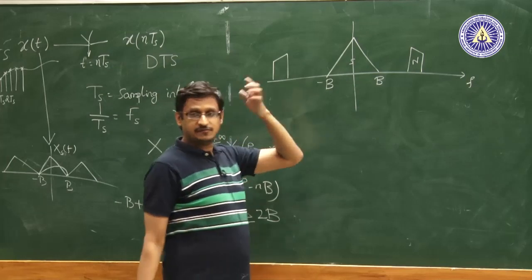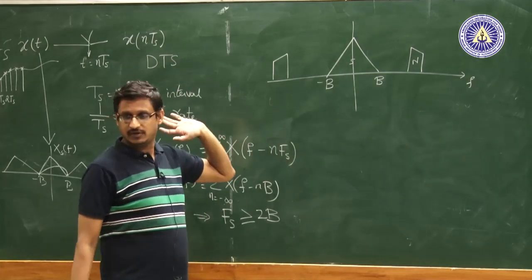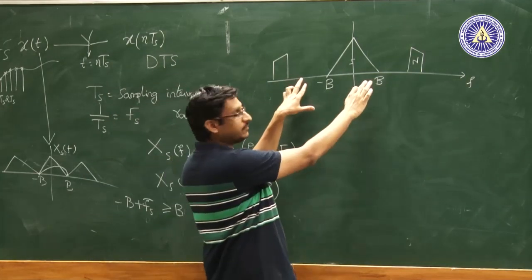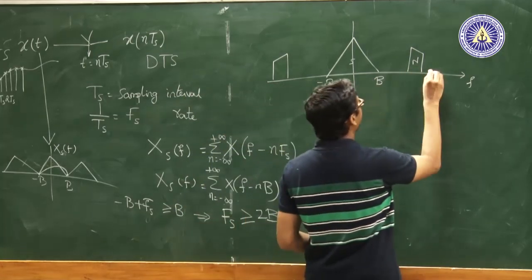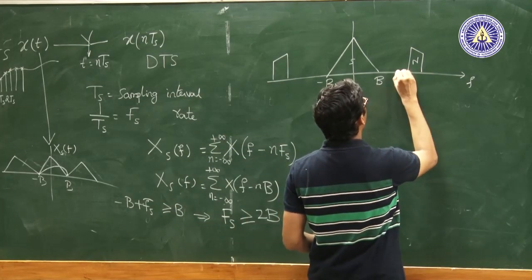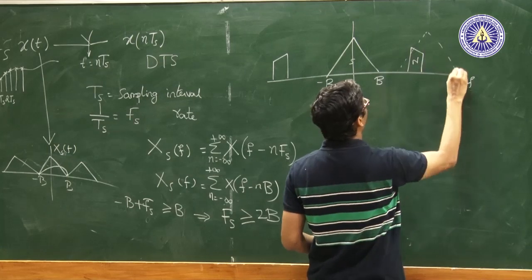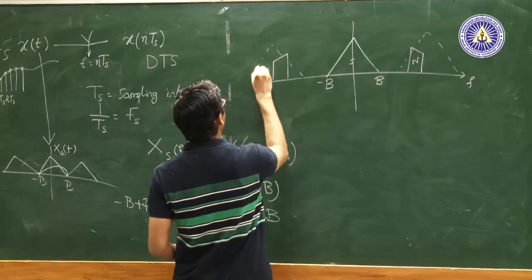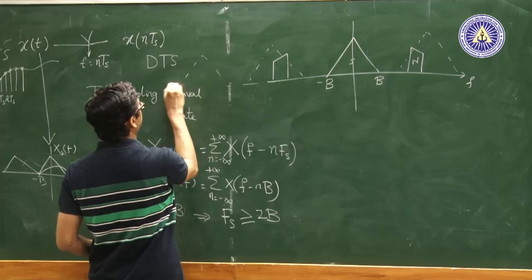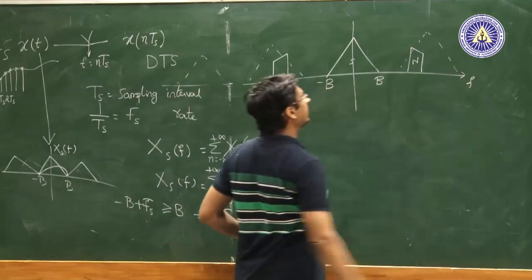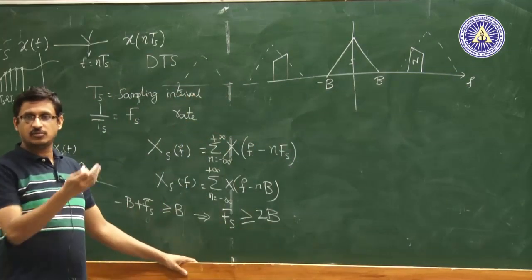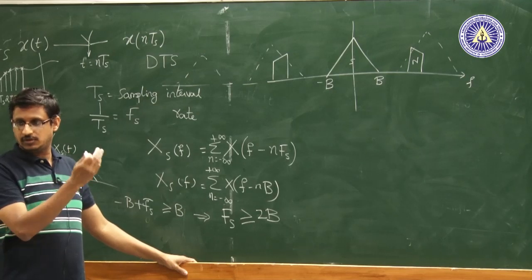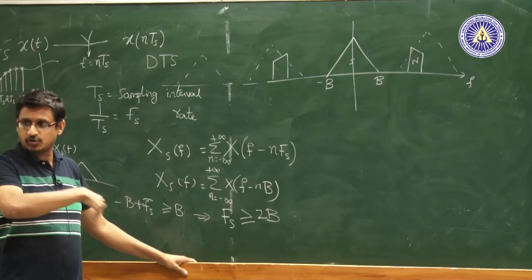Suppose I choose my Fs to be greater than 2B. When I do that, if I concentrate only on the signal part, I am going to see that. So, let us say I have chosen it in such a way that Fs is greater than 2B. So, I am going to have the spectrum that would look like this and then go all the way out there. But in addition to the signal, the noise is also getting shifted,